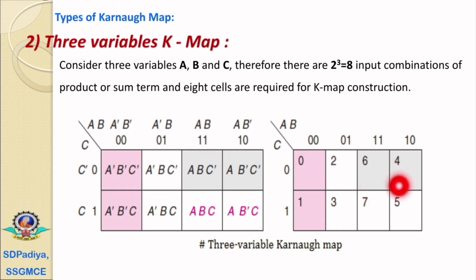Now we have to keep these designations in mind. Whenever we have to construct the K-map with the 8 cells, then we have to remember these designations. For the first column it is 0 1, then 2 3, 6 7, and then 4 5. So that every adjacent cell in this K-map has a change of only one variable. If we do not follow this pattern, then there will be mistakes in following the rules.